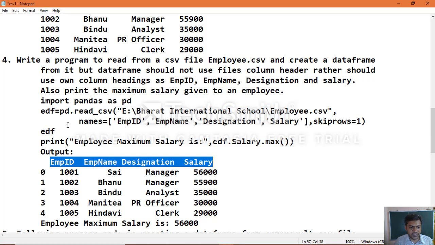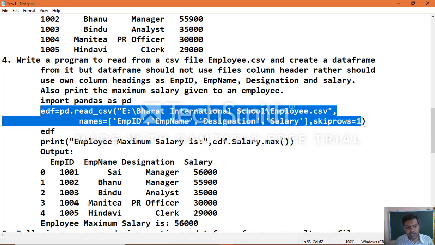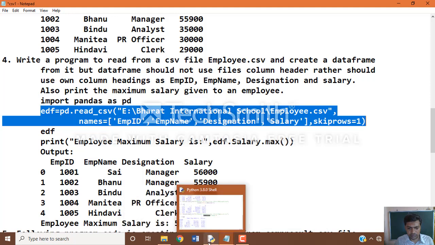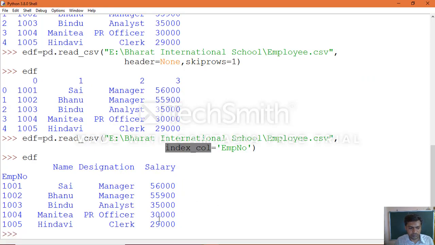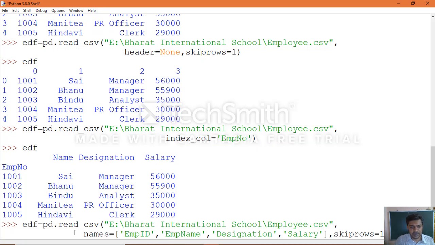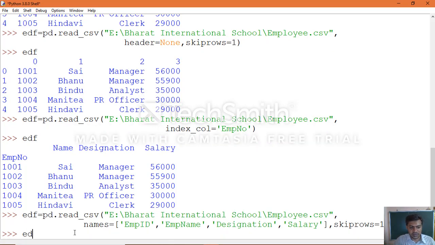Now we will execute the statement so that we understand exactly what we want to retrieve. Execute the statement, then print the object.